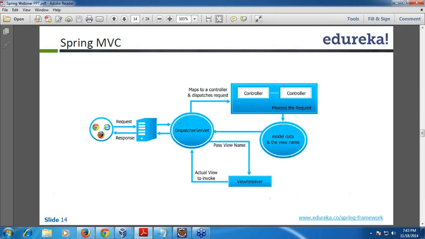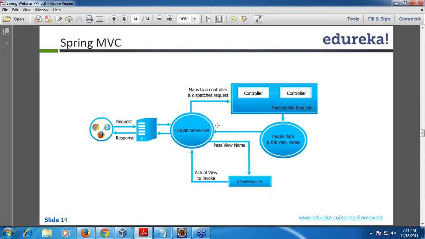We have a servlet. I don't want to go too detailed; when I show the example, I will explain what this dispatcher servlet is and how to create it practically. So this is basically a servlet program. It maps to a separate controller. The controller takes all these requests, intelligently maps to the model, and then creates which view has to be replied for which request, right? And then it sends it back to the servlet again.